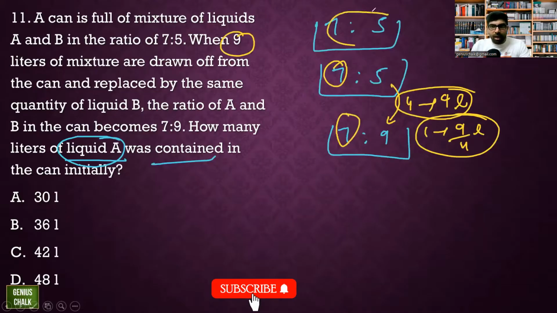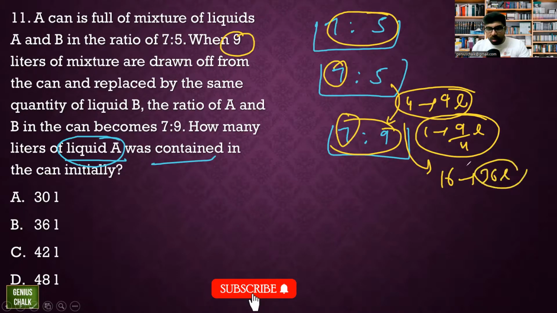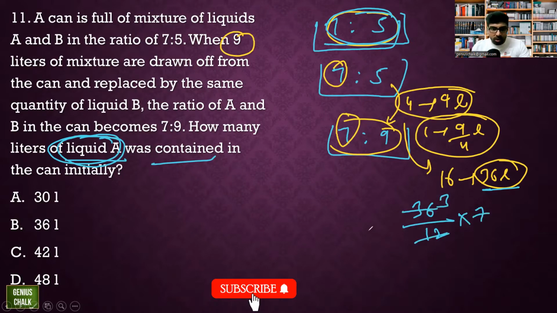But in the last question it was the total mixture initially, or total capacity. Here 9 is there, so this is 16, and 16 was 36 liters. Now what it says is liquid A initially. So this is 36 liters. This is divided into 7 and 5, that is 12 units, and liquid A is 7 units. So 3